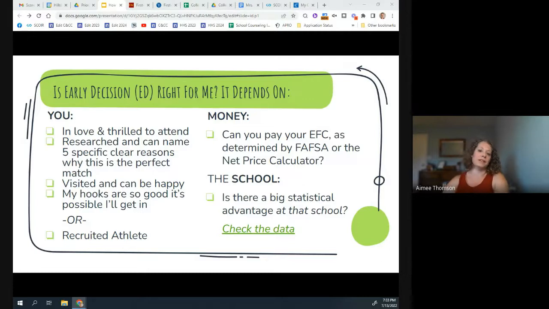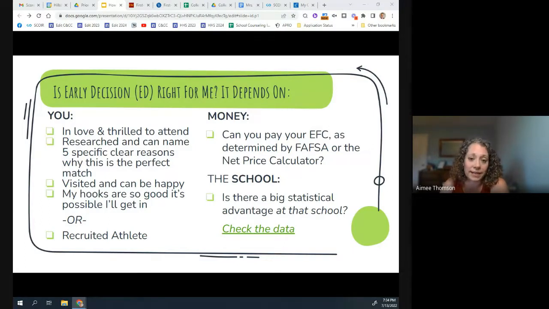Of the 73, 11 were deferred. So the term deferred, you'll hear that during the process, whether you're applying ED or early action. What deferred means is, we've reviewed your application, but we can't make a decision at this time, so we are going to push you to the regular decision pool. And you'll find out in March or April if you got in. Generally, students who are deferred from early decision, it means you're still in the game, you still have a chance.